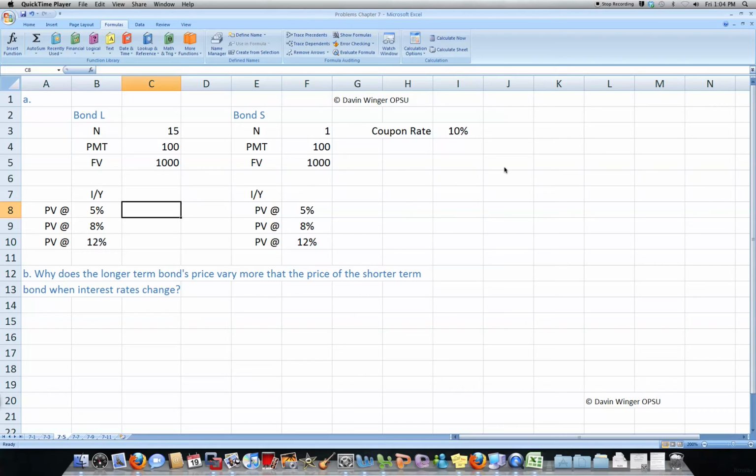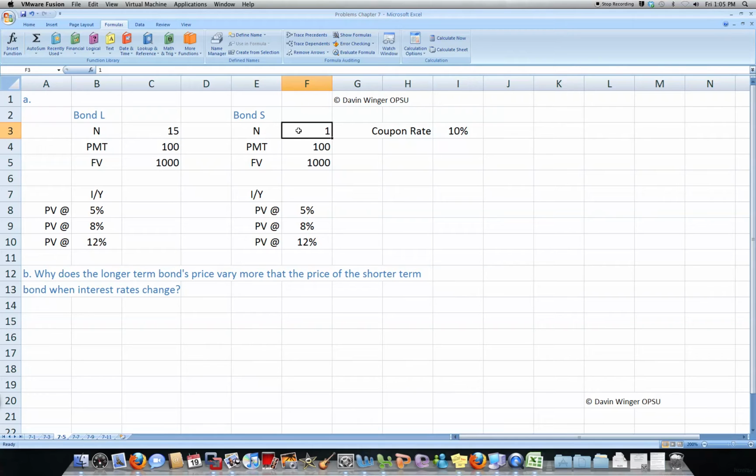and pay a 10% annual coupon. Bond L matures in 15 years, and Bond S matures in 1 year. Assume the value of each bond be. What would the value of each bond be with the going interest rates 5, 8, or 12%? Assume that only one more interest payment is to be paid on Bond S at the maturity of 15 on